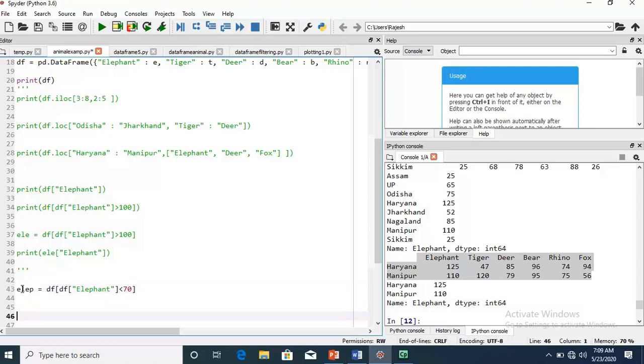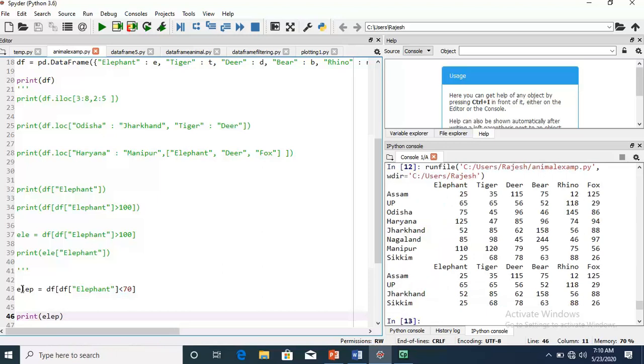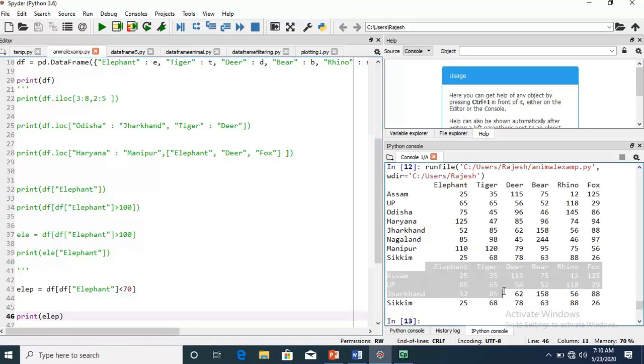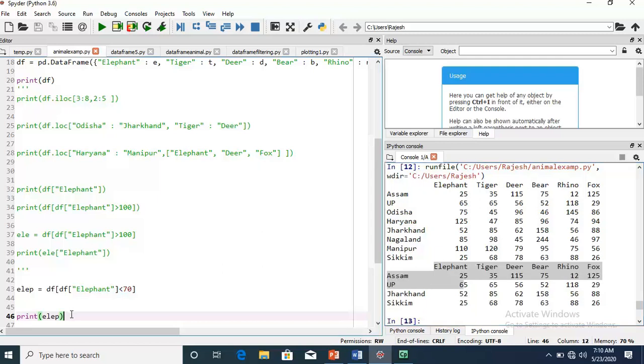Now if I print ELP, you just see it will display the whole subset of data. But here our requirement is only the column elephant. So for this purpose I apply the square bracket, then simply write elephant, and then F5.